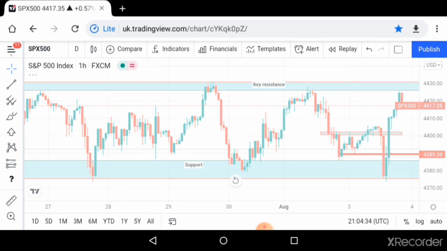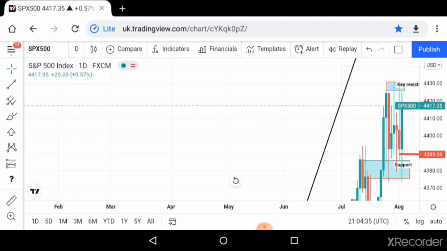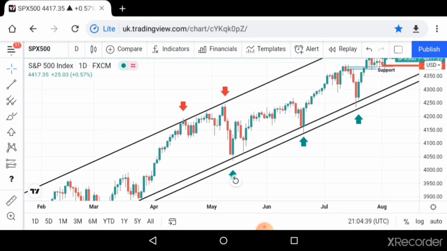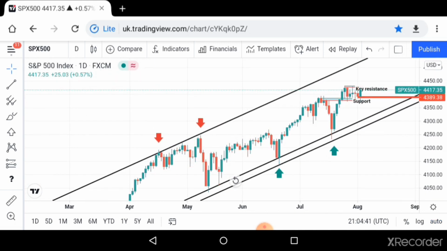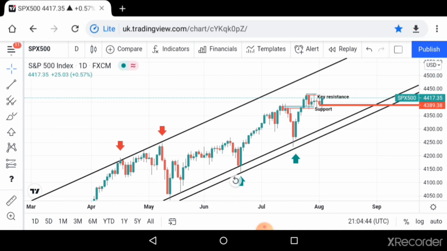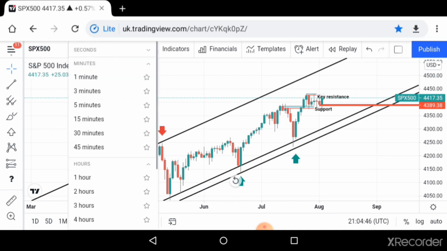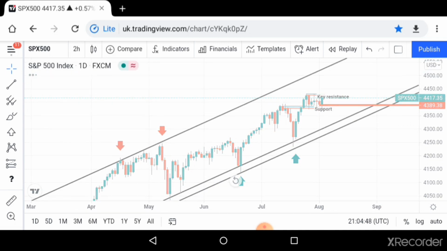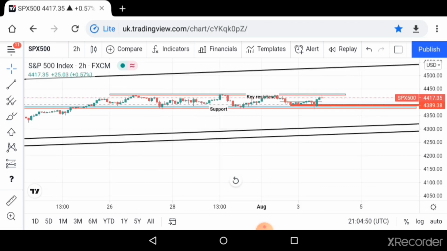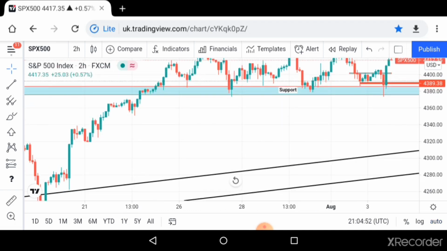Okay, let's start on the higher time frame quickly. Higher time frame is clear. We've been going up, we've been in an uptrend. As you can see, this is a beautiful uptrend. We're going up. I still believe we're still in an uptrend. Then if I go back to a smaller time frame, maybe 2 hours, 4 hours, then you'll see we were coming from an uptrend,